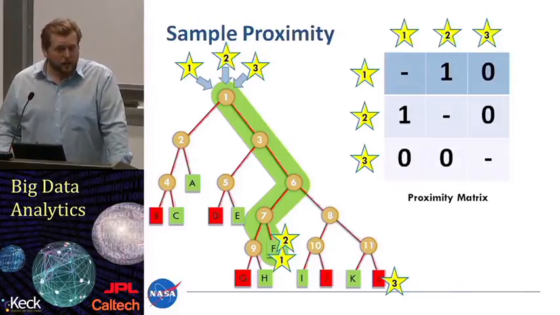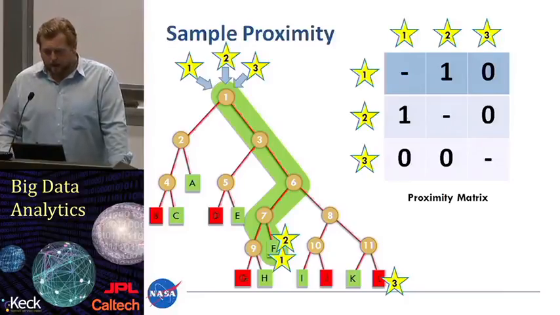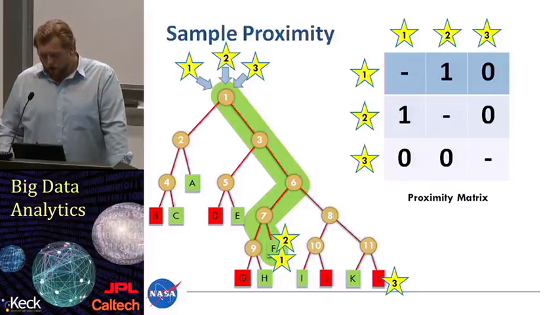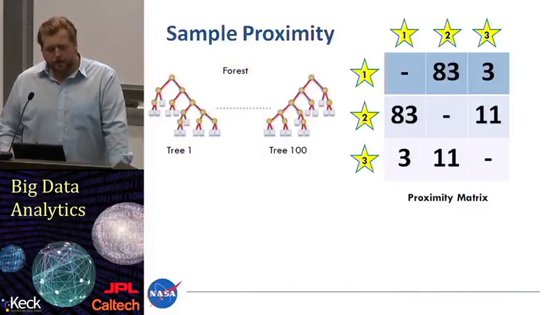So we now can actually collect this information in a proximity matrix. You see here in the rows and columns are the indices of these samples, and in the cells we have counts how often the samples end up in the same leaf. So just 1 for the samples 1 and 2, and 3 does not share a leaf with one of the other samples. So for one tree, that's not very exciting, but imagine you have actually an ensemble of trees, so a whole forest,